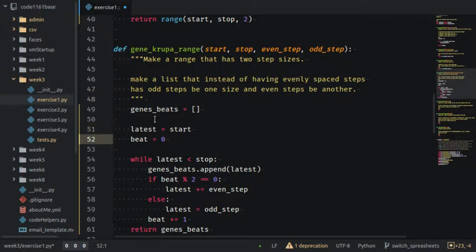and then we can say that beat equals 0, so we're on beat 0, and then while latest is less than stop. So if we haven't got to stop yet, then keep adding. If we have got to stop, then we just stop, and we'll jump out of the while loop and get to this return section. So Gene's beats dot append latest. Now the first time we go through, latest will be start, and so we'll pop start into the bucket, and then we'll go through this stuff, and we're going to add a number